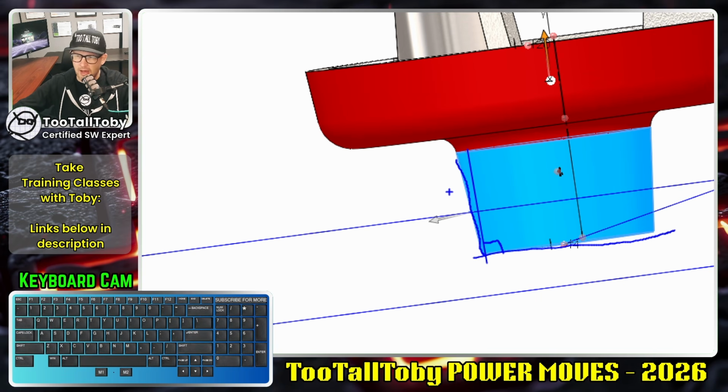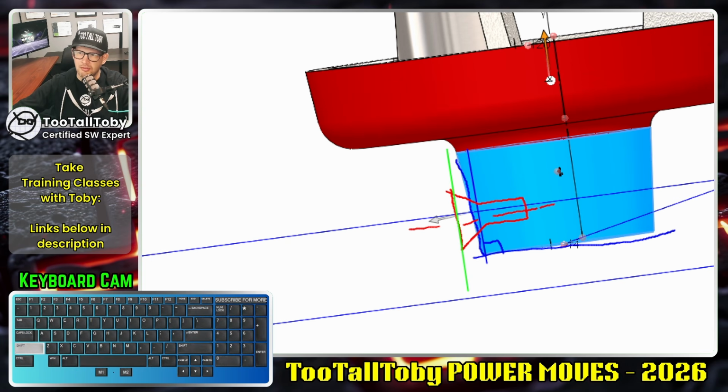So the question is, how can we create a countersink here that comes in like so using hole wizard? We could always do that with a revolve. It would be easy enough to do with a cut revolve, but how can we accomplish this using hole wizard? And the answer to that question, the secret sauce here, is you want to start out by creating a